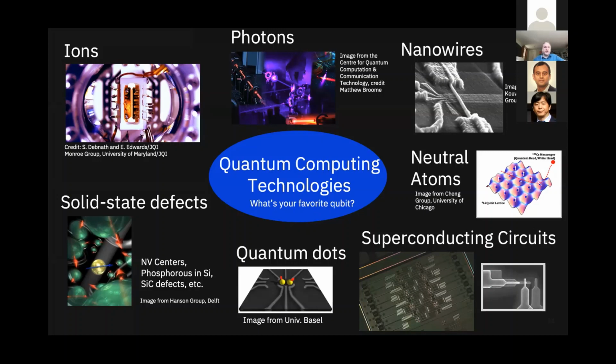Second class are based off of photons. We talked about interference at the beginning as a model of quantum computing, and so it's a little bit unsurprising you can actually make an interferometer that does this, where qubits are now photons, either their existence or absence, or the polarization state of the photons. And we create our algorithm by creating a series of careful beam splitters and mirrors and polarization rotators on an optical table.